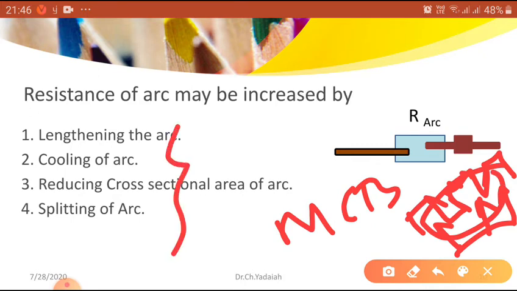If you are interested, I will show you one MCB and how it works. What is inside? These are the high resistance methods used to increase the arc resistance between two contacts. So let us see one by one in detail how we are going to do this practically and what happens by doing this.